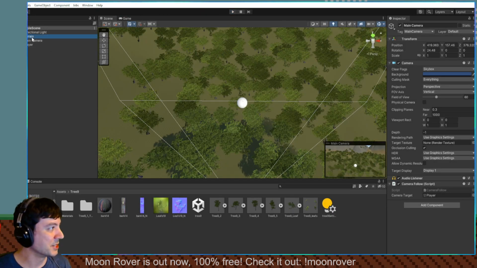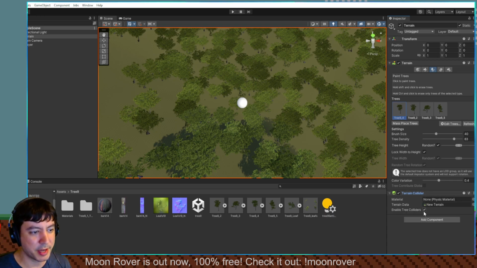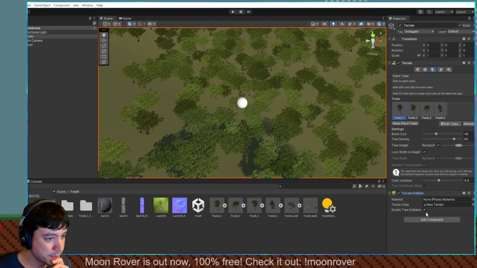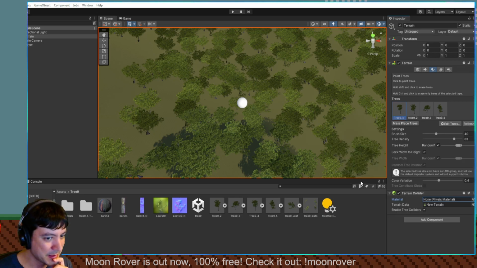All right, let's see here. Terrain, trees, tree collision, edit. No, not edit trees. Trees, terrain collider, enable tree collider. Oh, well. It might be because I don't have a physics material assigned to it. Tree colliders are enabled, however,